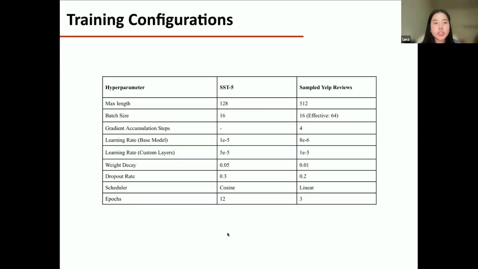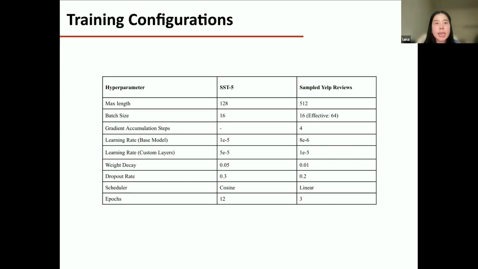Okay, some training configurations used for the two datasets. SST-5 is shorter, so the max length is 128 tokens. For the Yelp Reviews, it's up to a maximum of 512 tokens. And for SST-5, where the texts are short and sentiment shifts are subtle, we train for longer, with 12 epochs and a higher learning rate to have the model capture the fine-grained sentiment distinctions. In contrast, the Yelp Reviews contain longer, repetitive text, so we use a lower learning rate with only 3